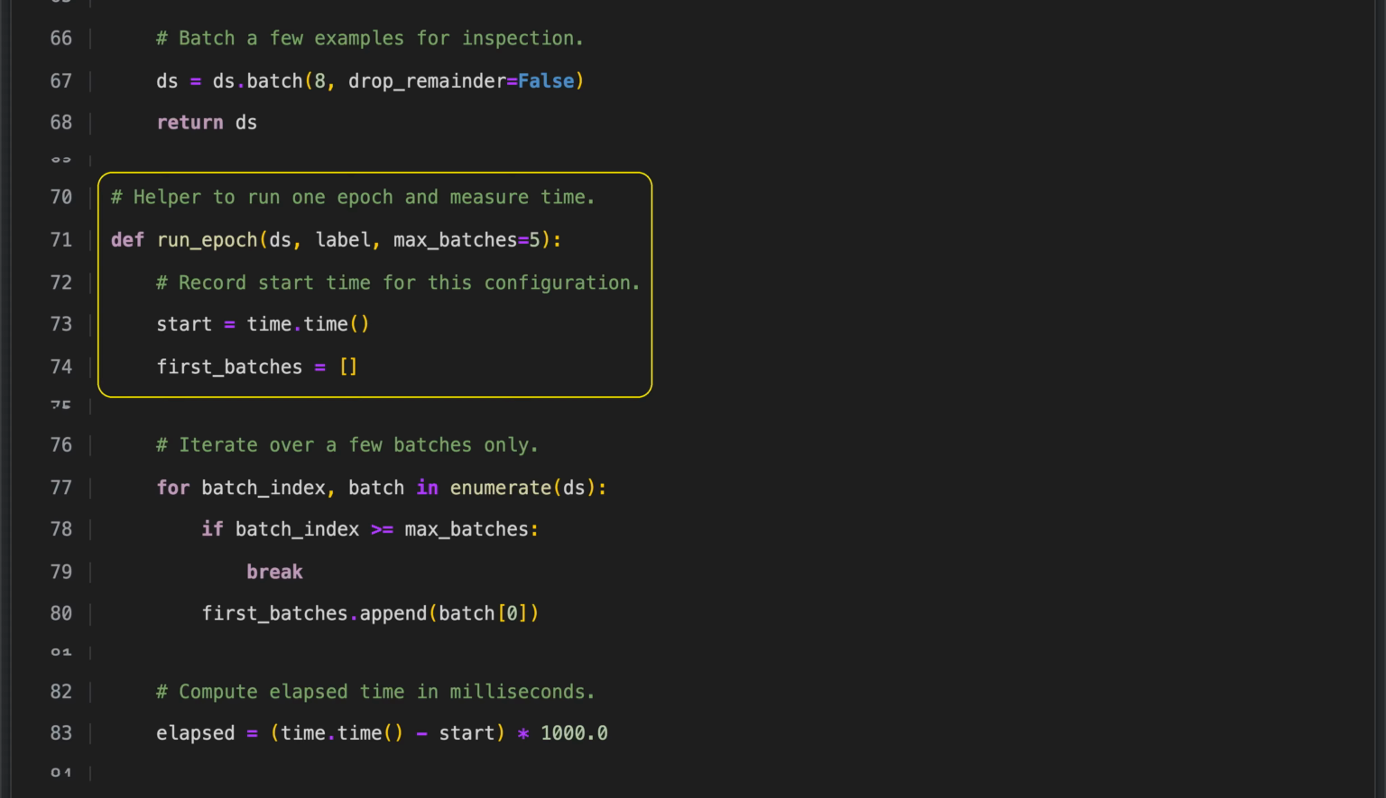The function starts by recording the current time so it can measure how long the process takes. It then creates an empty list to hold the first few batches of data. This setup allows the function to capture and store the initial batches within a set limit. By doing this, it becomes possible to track and compare the performance of different data pipelines based on how these